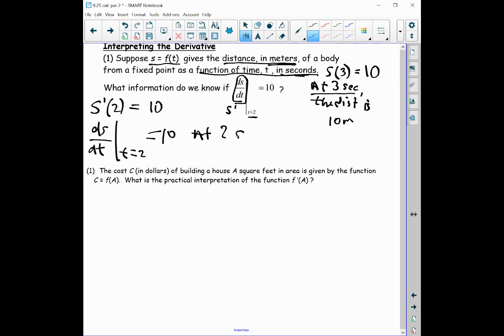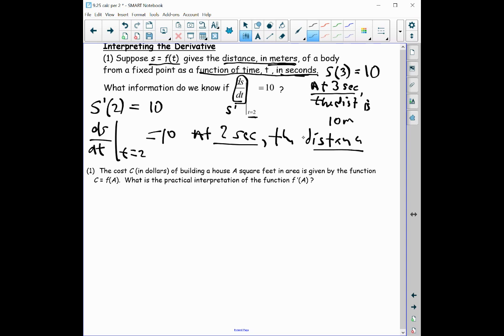2 seconds. Usually if you start it like this every time, you're going to get full credit. Interpretations and explaining the meaning and the context of a situation are always questions on the AP free responses, and they're always going to be worth points. So these are like a sentence stem that you can use to get the points every time. So at 2 seconds, the distance,